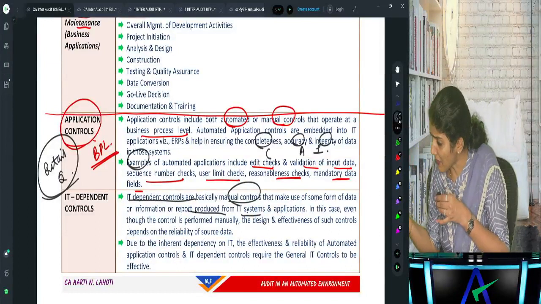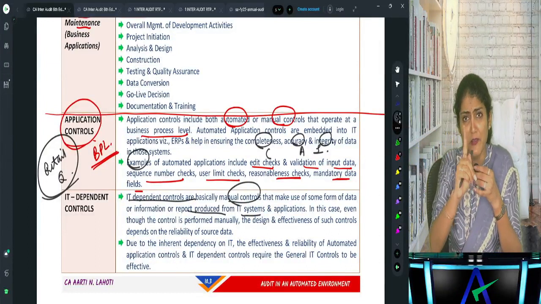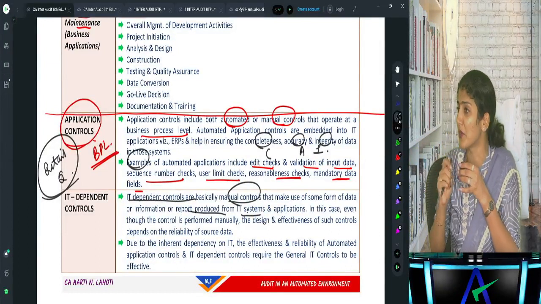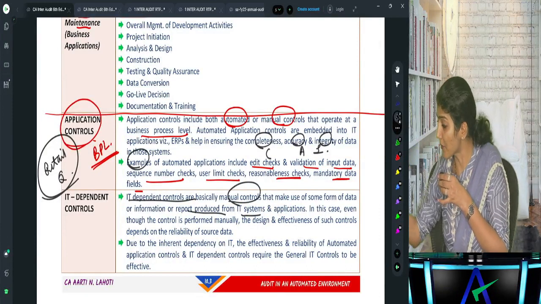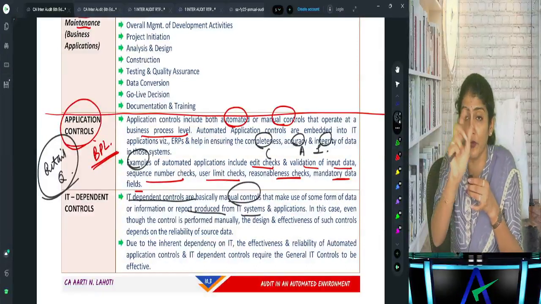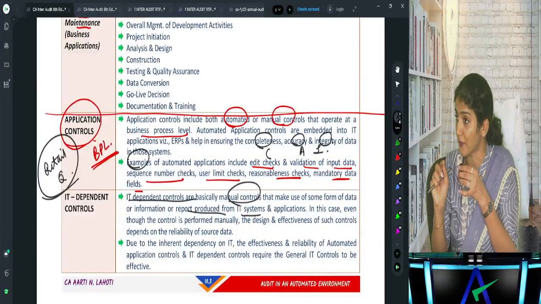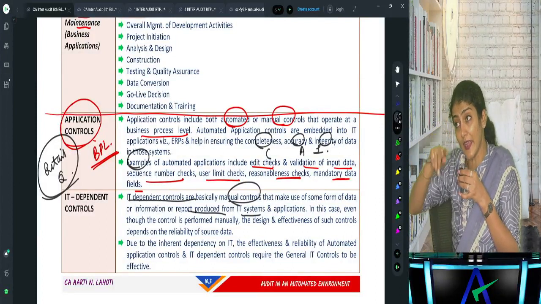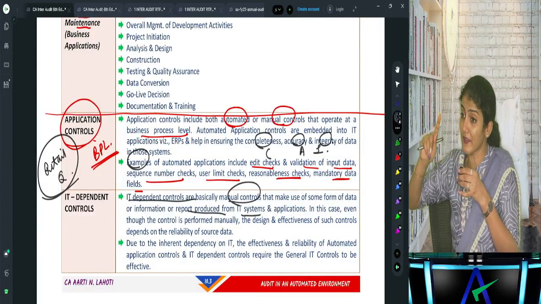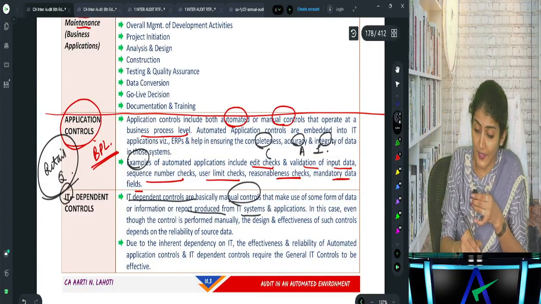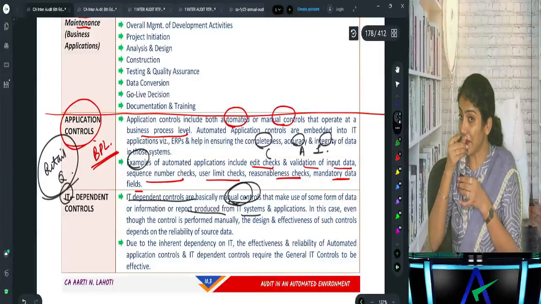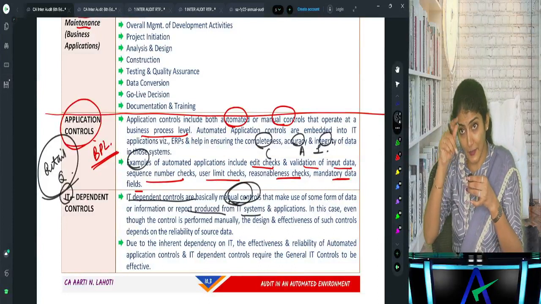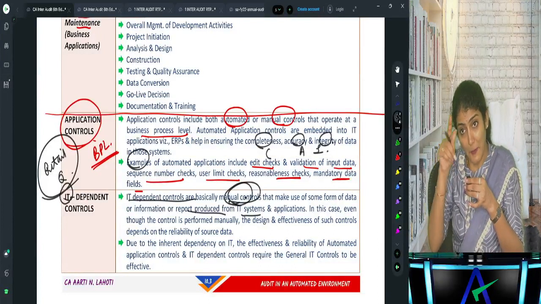You see his credit limit is only 1 lakh. Then you say no, maximum 1 lakh goods I can give you on credit, not more than that. Or in the past he has always done bad debt. You say zero, not even a single rupee of goods on credit for you, full cash basis. So what is that? That is the IT dependent control. Though in its name there is IT, it is a manual control.